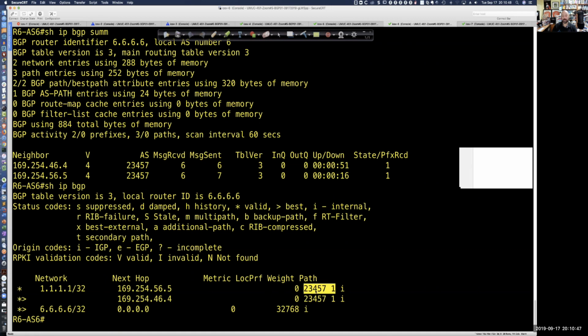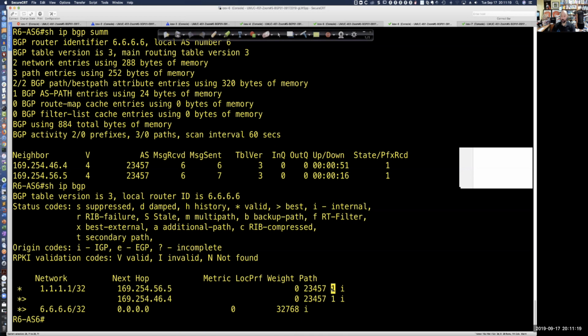Now take a look, we've got 2 autonomous system paths here, right? So here's my AS path listing. I would have to go through AS 2345 7, then AS 1, right? It's read from left to right here, but if you read it from right to left, it's where did it originate? It originated in autonomous system 1. So when we look at the AS path, in a lot of cases, you want to look at it from right to left. So where did it originate from? So that route